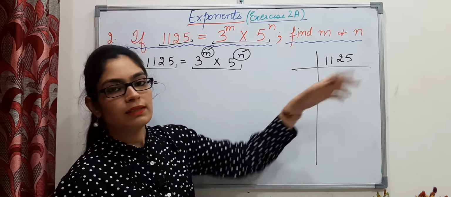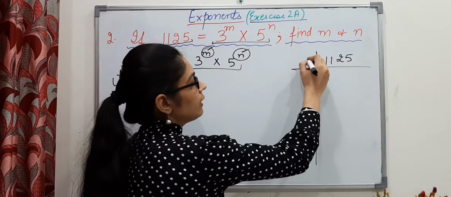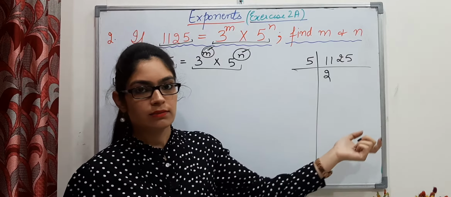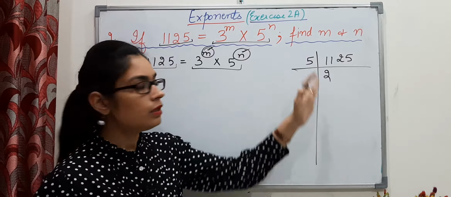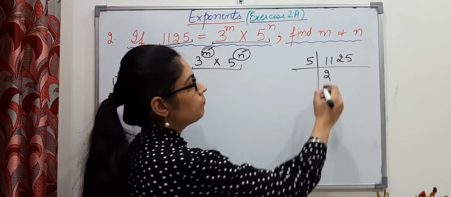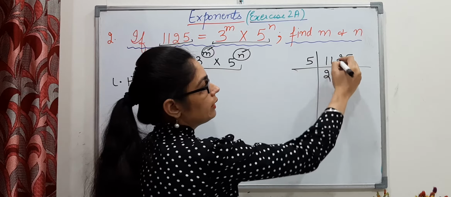Since the number is ending with 5, we can start with 5 only. So 5 into 2, 10. You have to divide it and then just see directly. If you can do it, you can, but make sure you are dividing and writing each and every number correctly. 5 into 2, 10, then